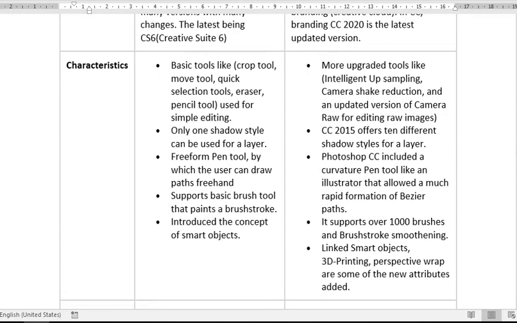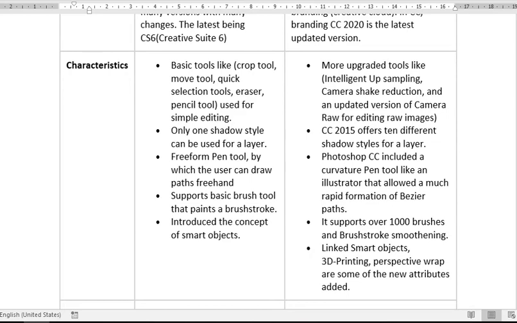In Adobe Photoshop, freeform pen selection tools are there by which the user can draw a path freehand, while Adobe Photoshop CC includes a curvature pen tool like in Illustrator that allows much more rapid formation of Bezier paths.